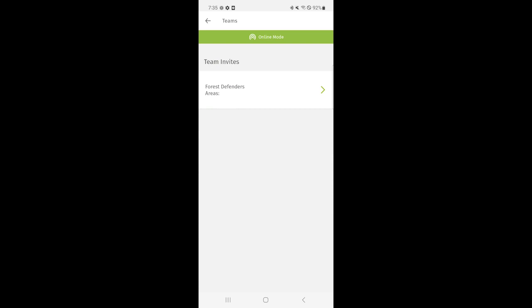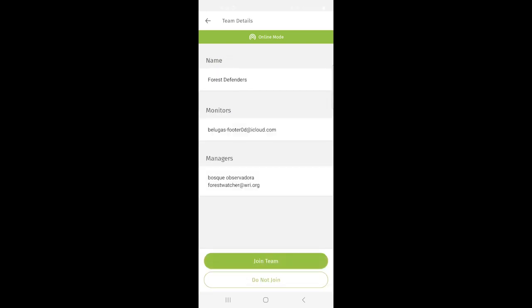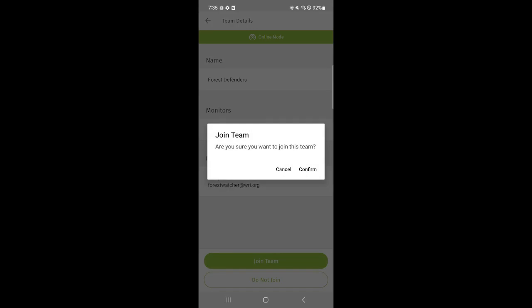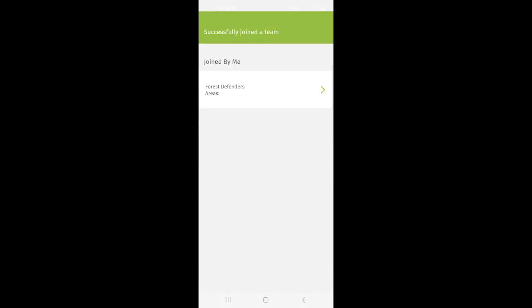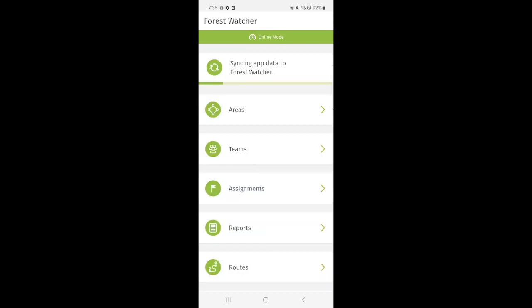I'll tap on the Forest Defenders button, review the details that include the monitors and managers involved, then tap Join Team at the bottom. Then the Confirm button. I'll see that I successfully joined the team, and if I head back over to the home screen, I can see that the application is automatically syncing again so that I have access to my new team's data. A few moments later, when the sync is complete,